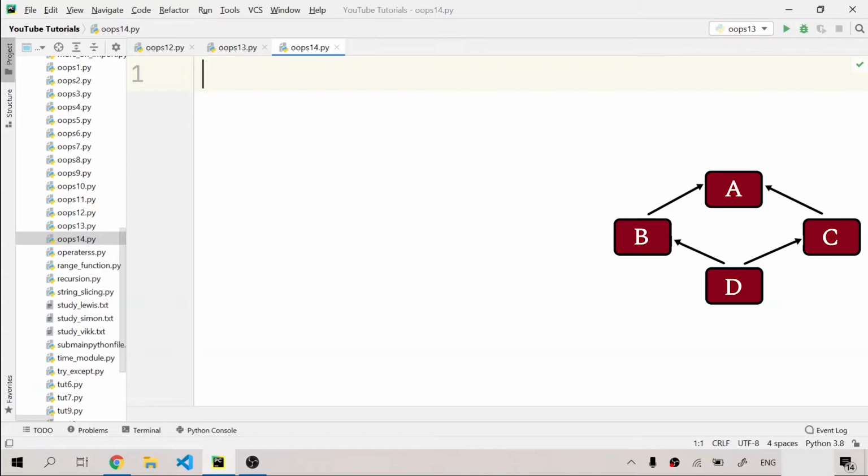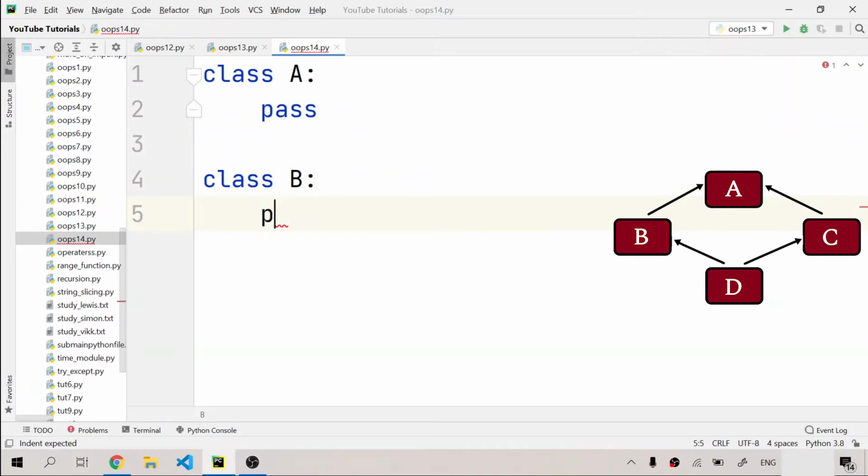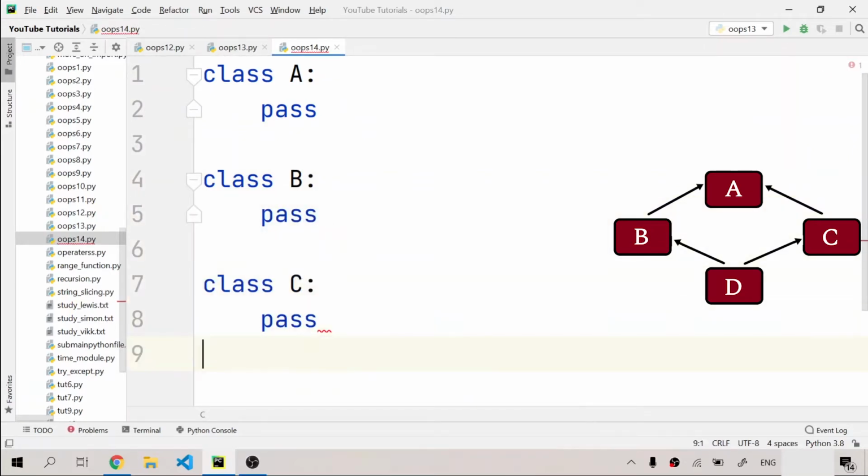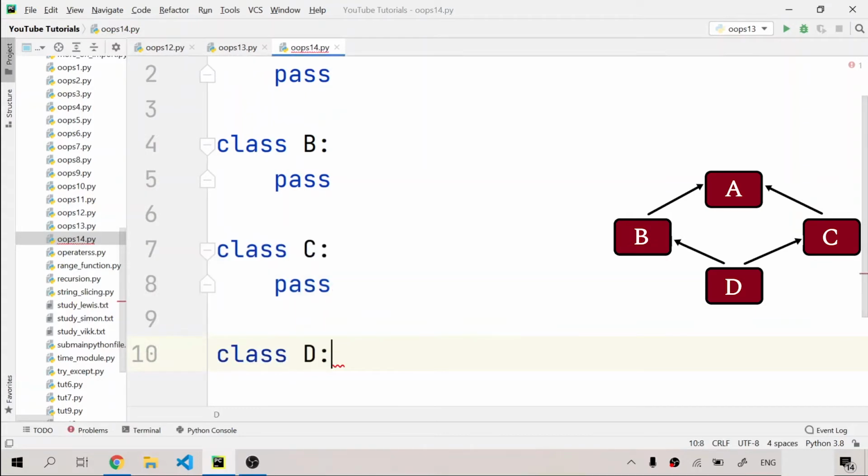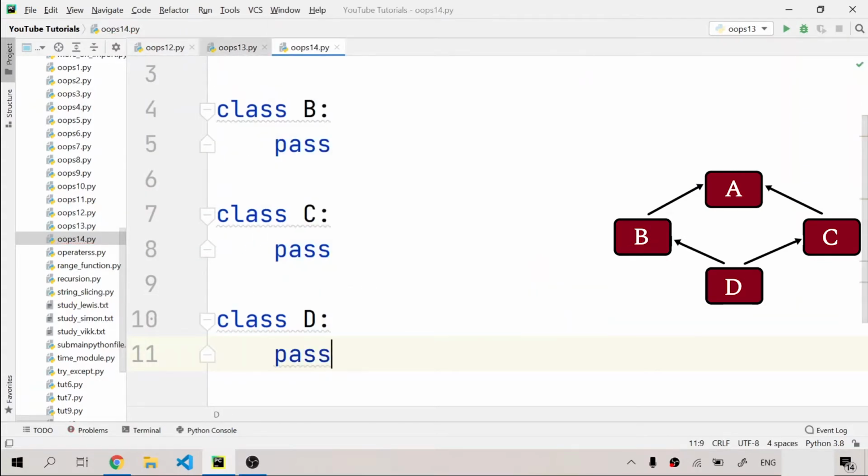So in order to solve this diamond problem, we are going to make these four classes, class A, B, C, and D. I'm quickly going to write class A, pass, then class B, pass, then class C, pass, class D, and pass.